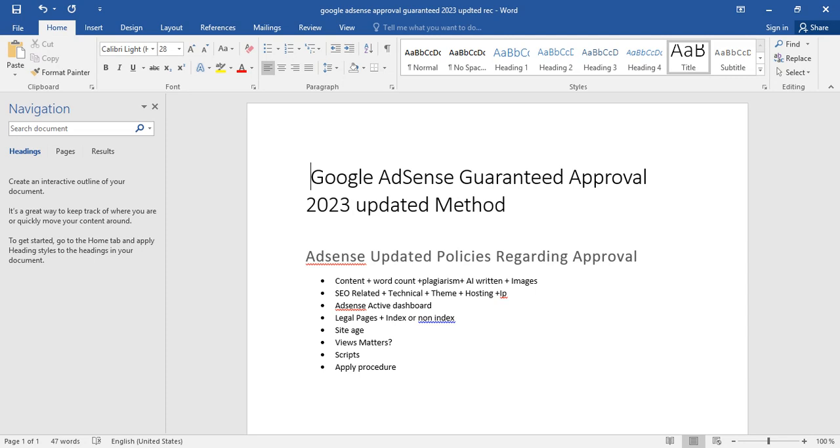So the word count depends on how many words your competitor's site has, and on the topic that you are covering. If you think that the topic is thoroughly covered in an article, then it's enough.